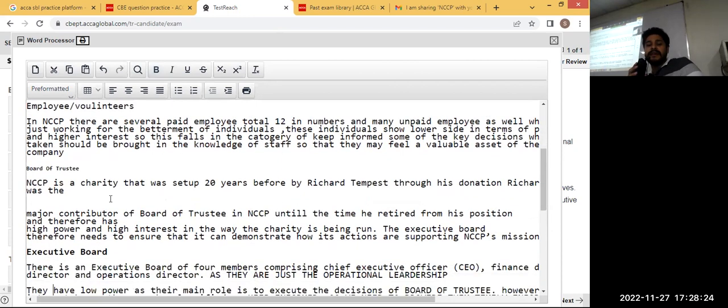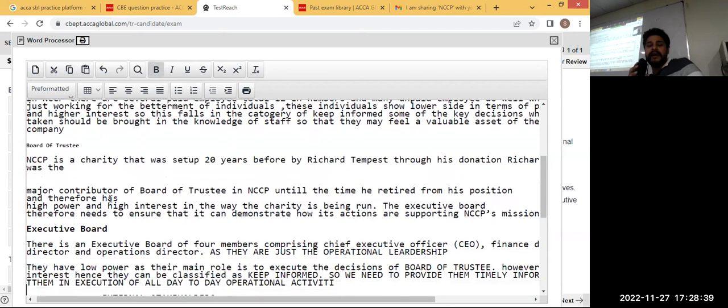Then we have the executive board. There is an executive board of 4 members comprising the chief executive officer, CEO, finance director, operational director, and so forth. As they are just the operational leadership, they have low power as their main role is to execute the decisions of the board of trustees. However,